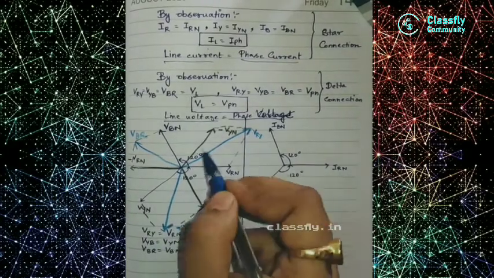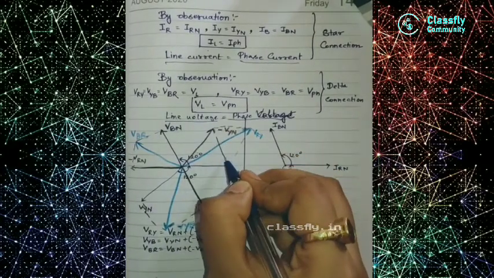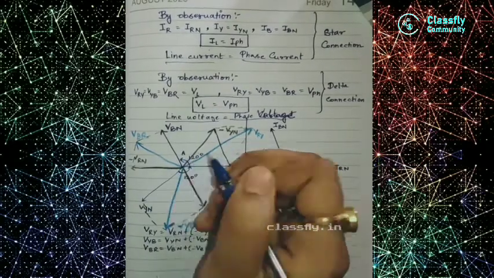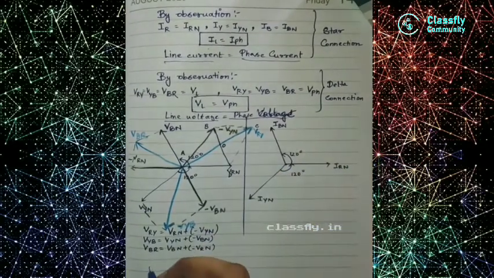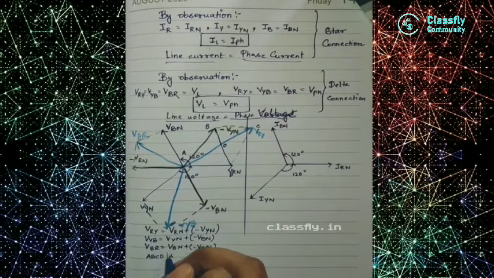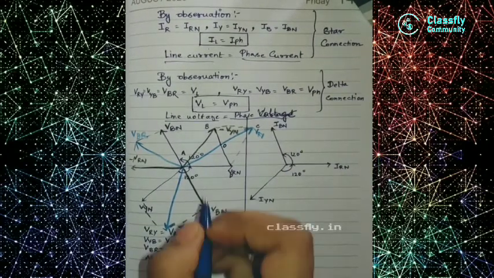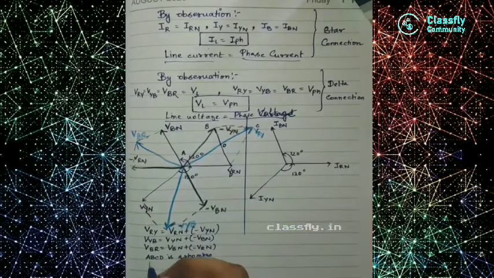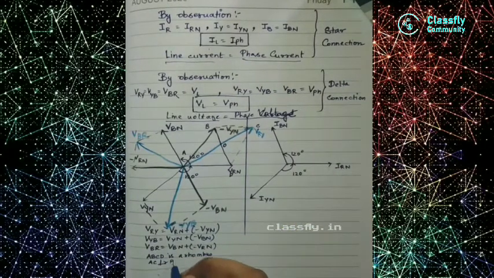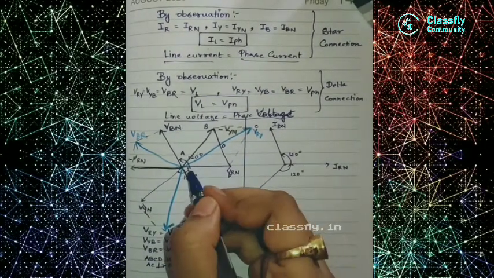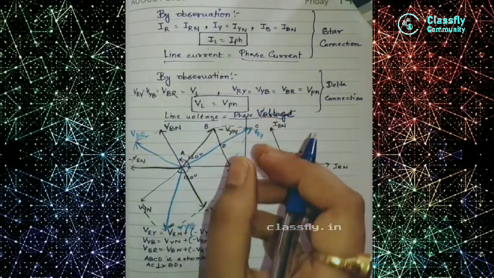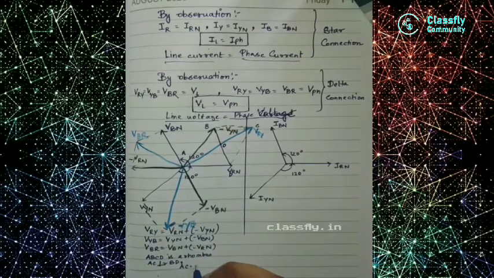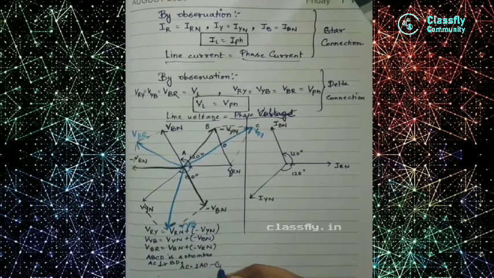Now we will do what? We see that these all are rhombus. So we know that their diagonals are perpendicular to each other. So we will name them A, B, C, D, and this intersection will be written as O. So we will write ABCD is a rhombus. And AC is perpendicular to BD. And now we will know that AC is equal to 2 of AO. This is the first equation.